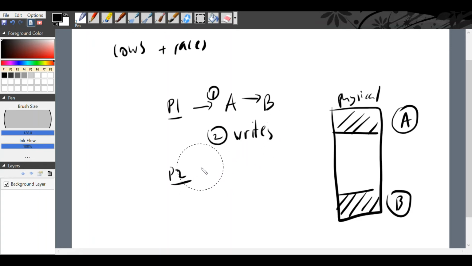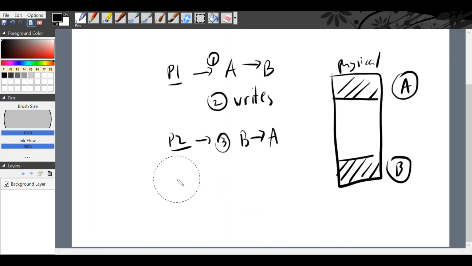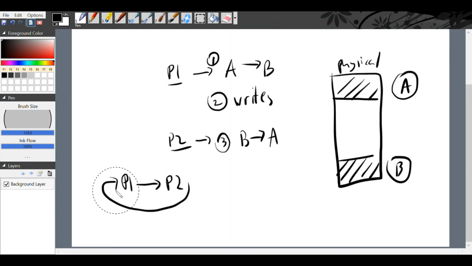And process 2's job is even simpler. Its only job is to set the pointer back to A. So when it's done writing, it basically deletes B and then resets the memory location pointer back to A so that process 1 can run again. So in a non-exploitable world, what this looks like is P1 runs, P2 runs, and then you go back to P1. But in the exploitable world, what can happen is that both process 1 and process 2 can run a